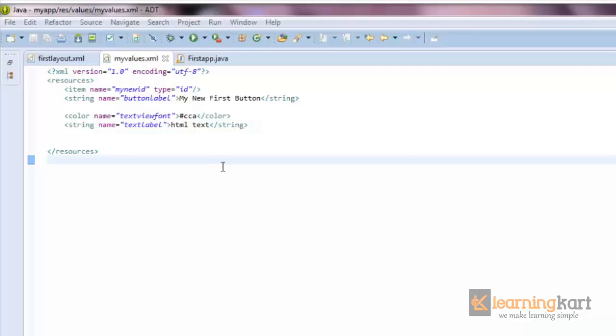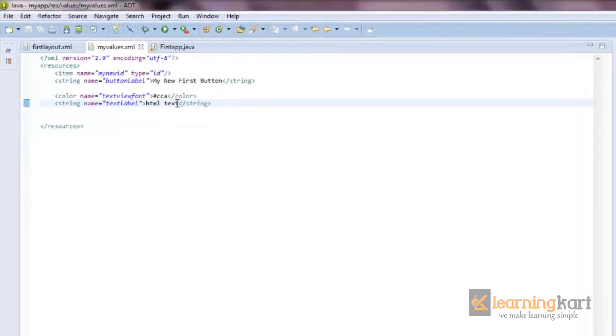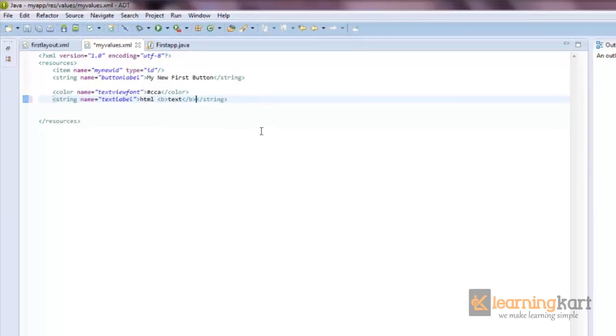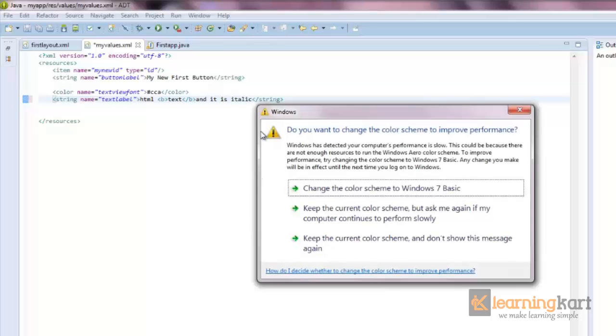Now we created a new string to apply to the label of the text view. Now in this we can even use some HTML tags like bold, I can add some tags for italic,